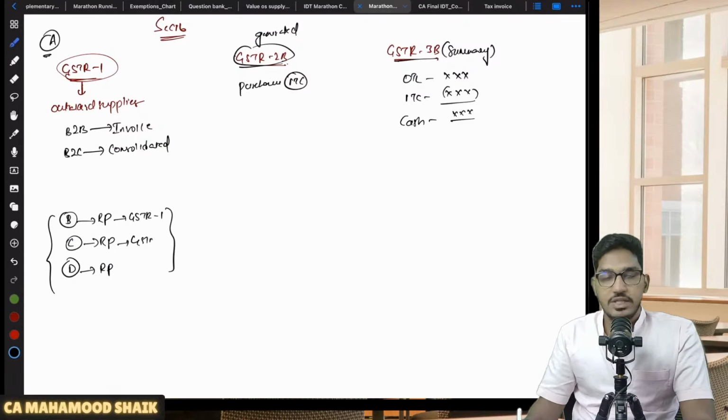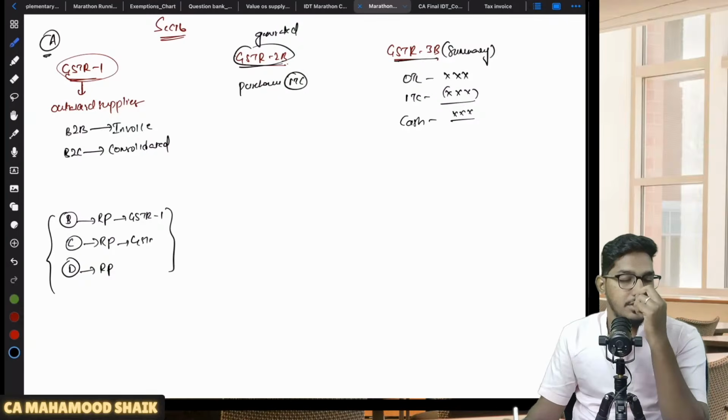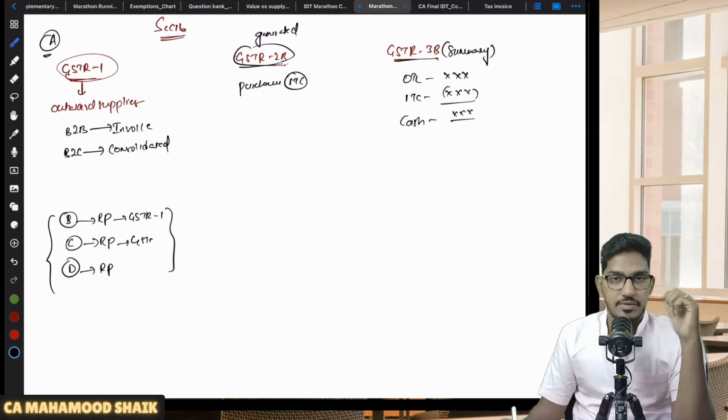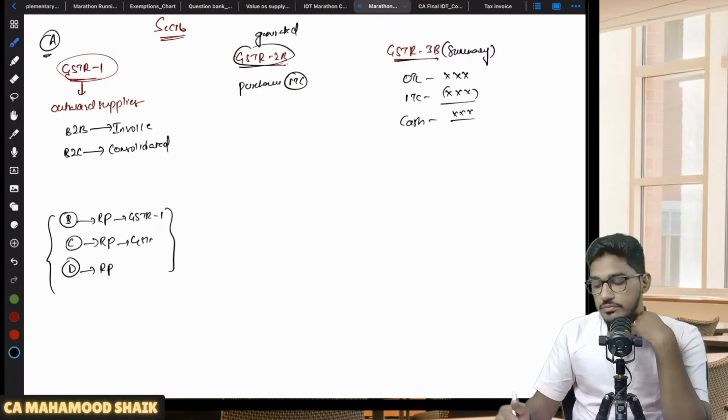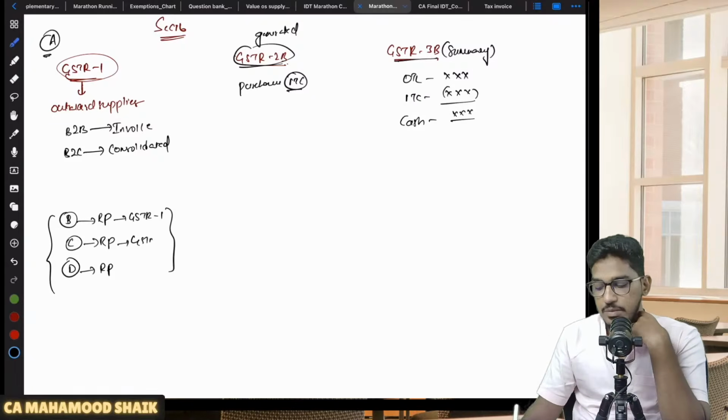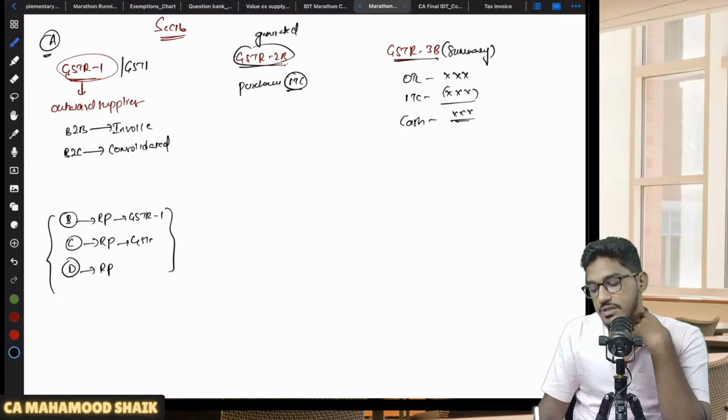And from where will this GSTR2B capture the data, sir? This GSTR2B is going to capture the data from the GSTR1s of the suppliers. Suppliers will file the GSTR1, no? Now, whatever ITC GSTR2B says, you are eligible for only that much amount of ITC, and you will be able to claim it in your GSTR3B. Now in between, one more return is also there, GSTR1A.